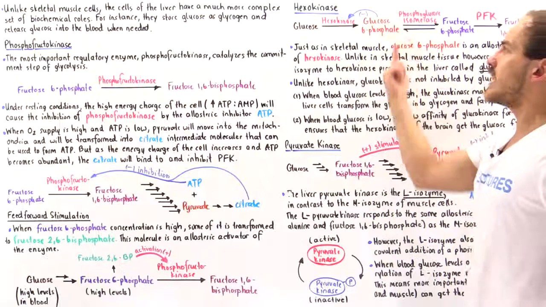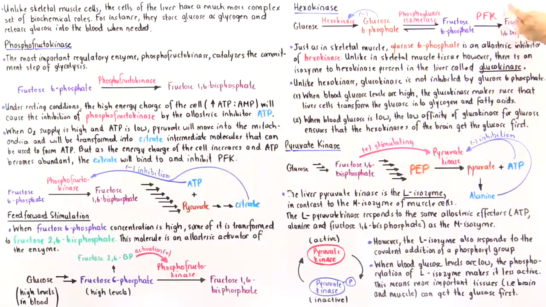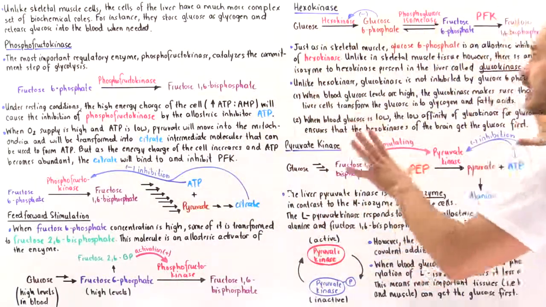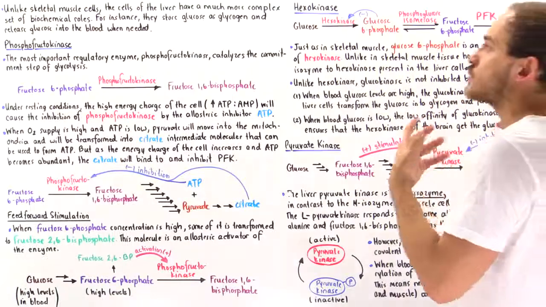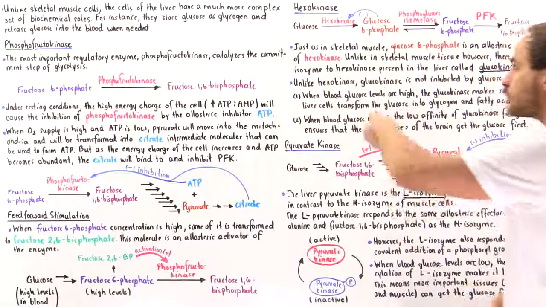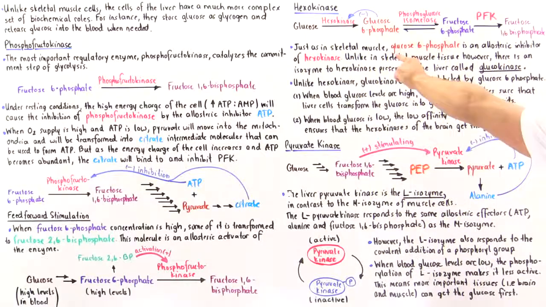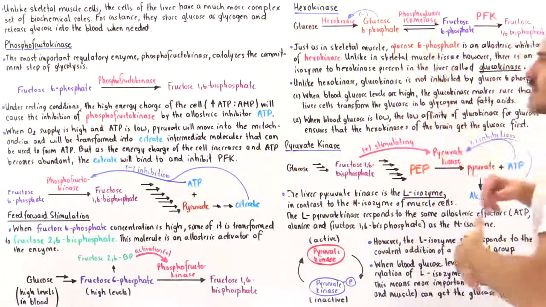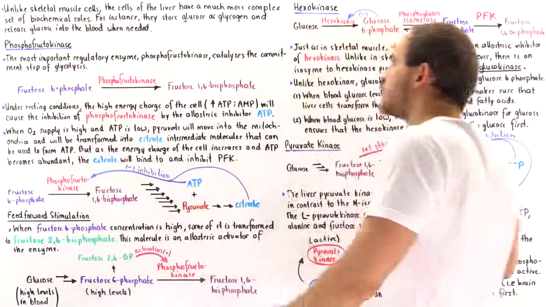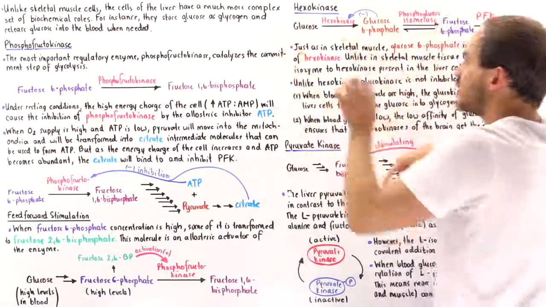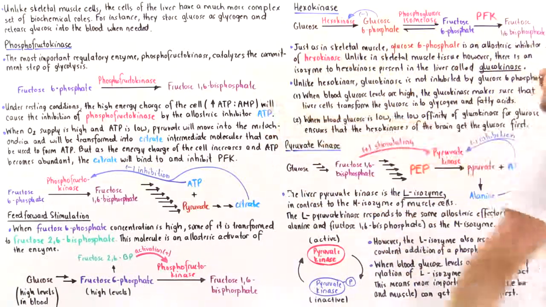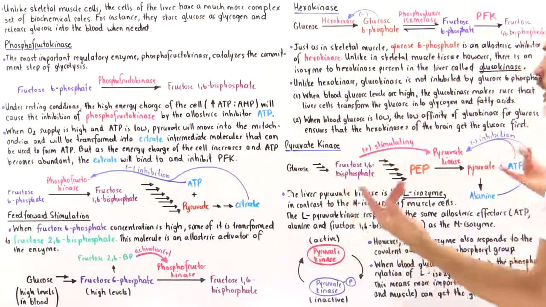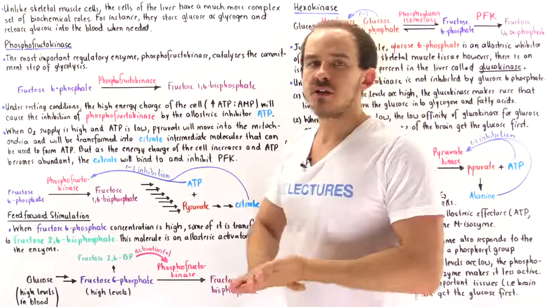And as we increase the concentration of glucose 6-phosphate due to the inhibition of PFK, that increase in concentration will inhibit the hexokinase. And this same exact regulatory mode is actually used by skeletal muscles as well. So just as in skeletal muscle cells, glucose 6-phosphate is also an allosteric inhibitor of hexokinase. And this is the process that allows the phosphofructokinase to communicate with the hexokinase and essentially tell it to turn off that first step in glycolysis. And once these two irreversible steps are turned off, that greatly diminishes the rate at which the glycolytic pathway